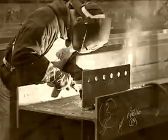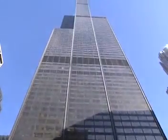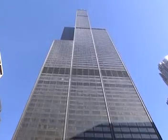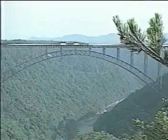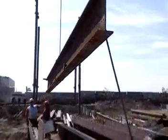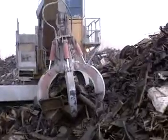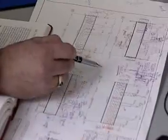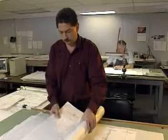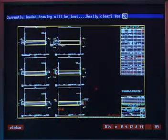Production, detailing, fabrication, and erection. Those are the primary elements in building steel-based structures. Whether those structures are magnificent high-rise buildings or dramatically beautiful bridges, experts are required in every phase of the process. Experts who can turn scrap metal into high-quality steel, experts who can perform the complicated detailing that will transform an engineer's drawings into the specific requirements for